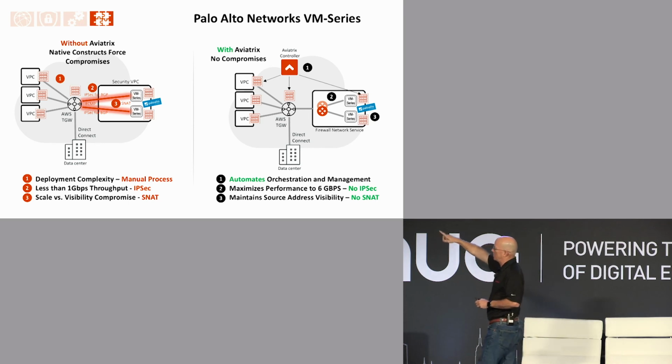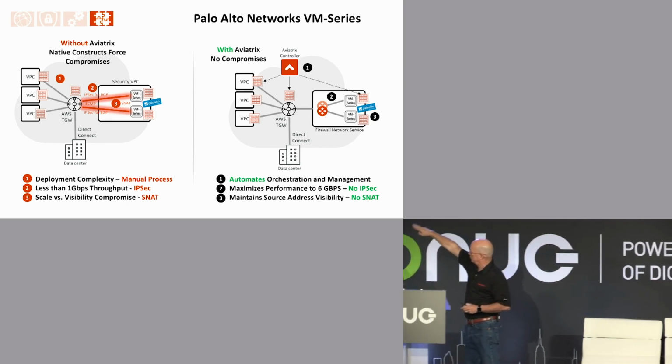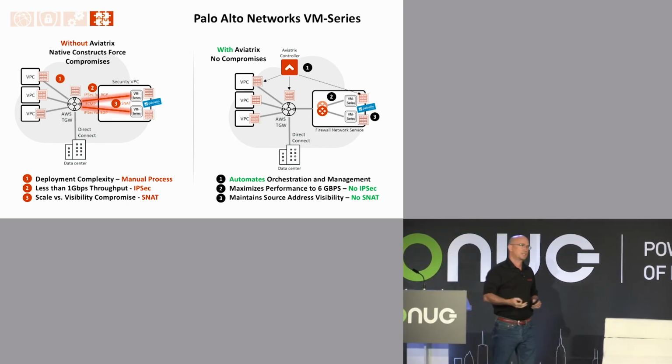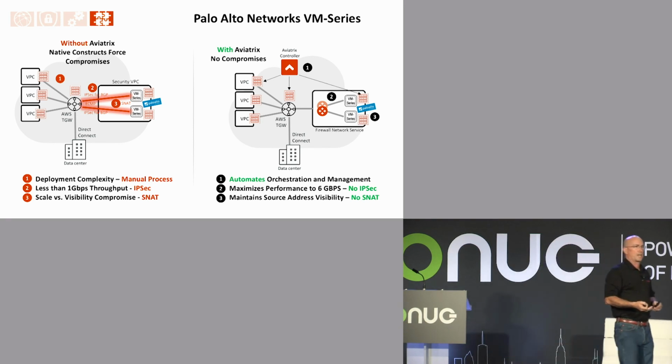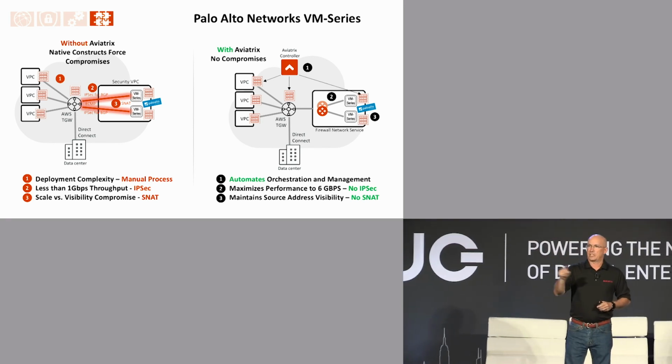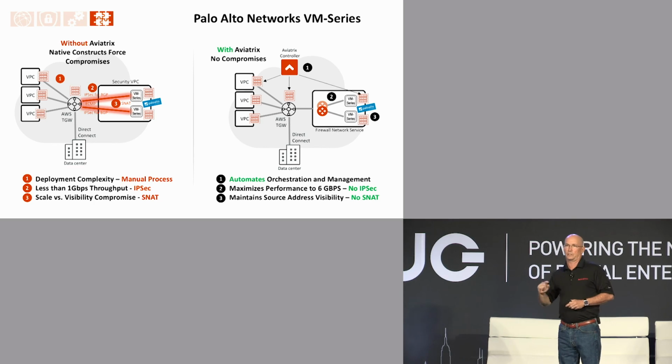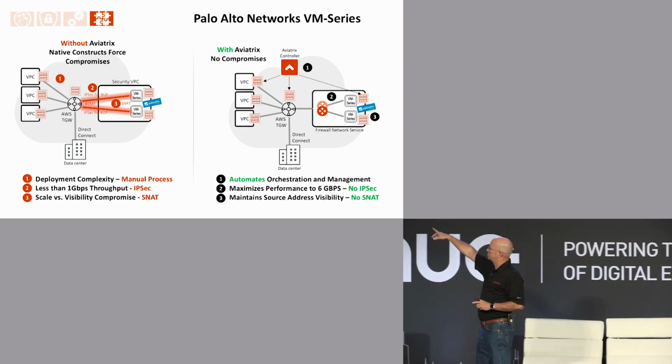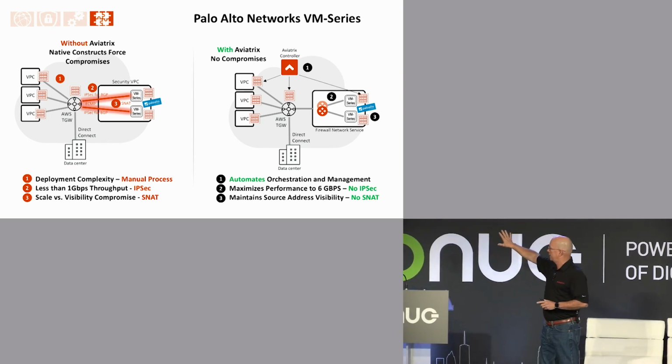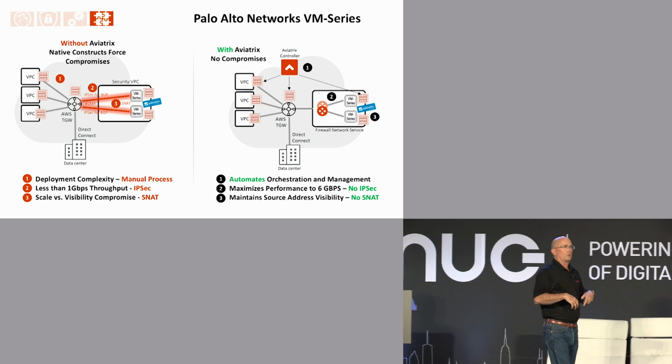And then as they load balance via ECMP to these VM series, they force you to have SNAT, which means you lose source address visibility, because they can't pin a route specifically to a VM series or pin a session to a VM series. Now, we solve all of those problems because our controller on the right-hand side here